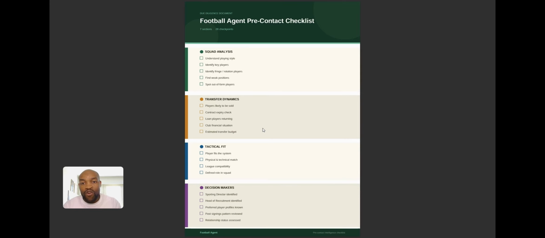Then loan players returning. This one, you can also look at who is on loan, and then you can find out whether they are going to be staying or are going to move on. So these are things you have to keep an eye on, because as I said, being an agent, if you want to be successful, you have to pay a lot of attention to a lot of things. But if you don't pay attention and you just think you have to take a player who is good and propose him to a club,